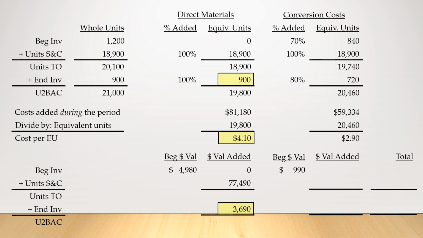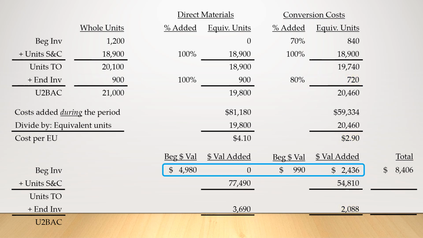We'll repeat this process for the conversion cost column. In the bottom table, we fill out the total column to the far right by summing each row. For instance, the total cost of beginning inventory once it was finished is